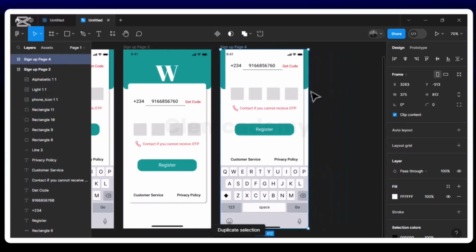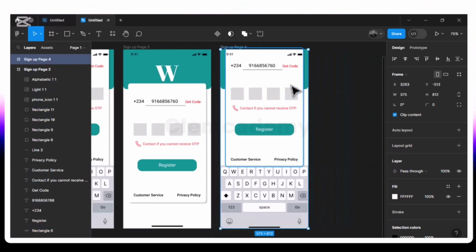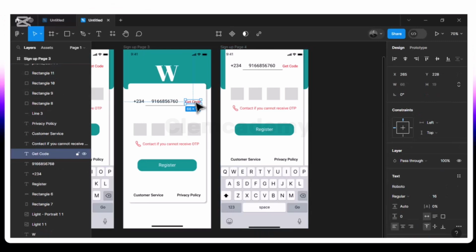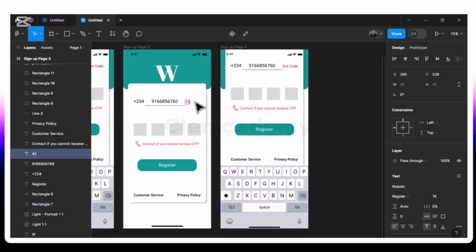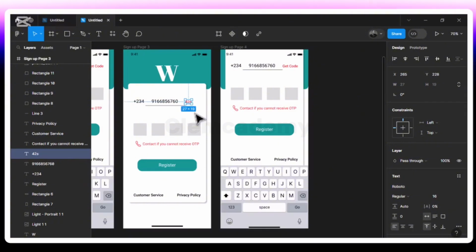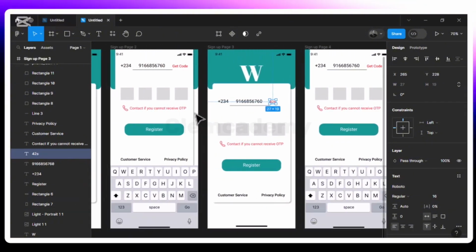All right, so this place, and also we need to change this get code to time. We're going to change it to time. So say 40 seconds, 42 seconds here. Okay,